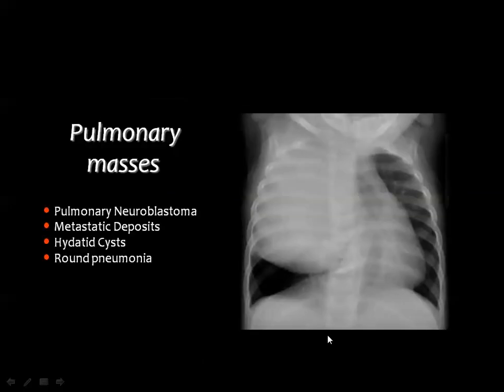Then we came to the masses in the pediatric age group, and we emphasize this issue, which is the pulmonary neuroblastoma. And here you see a big mass in the right lung displacing the heart to the right side. One of the policies in order to reach the differential diagnosis is just to try to know if this mass is containing fluid or not. Because if it is containing fluid, it will be a large hydatid cyst. But if it is solid and you think of pulmonary neuroblastoma, then